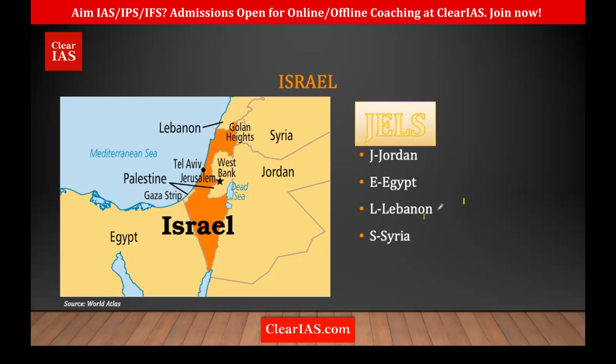These are the bordering countries of Israel. Apart from that, what you must remember about Israel is, one thing is Golan Heights. We saw that. Then we have here the Dead Sea between Jordan, Israel, and Palestine. This region is actually Palestine. We'll see that in the next slide. Then we have 2 important places, Tel Aviv and Jerusalem. Now the official capital of Israel is Jerusalem. Earlier it was Tel Aviv, but now it is Jerusalem. And on one side we have the Mediterranean Sea.